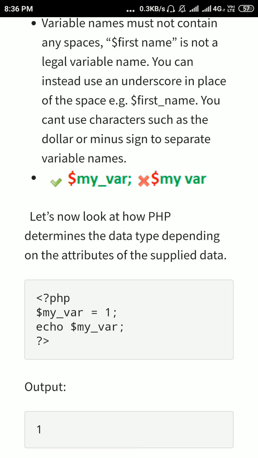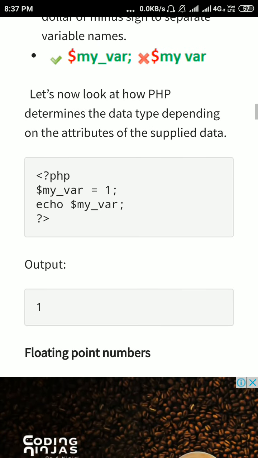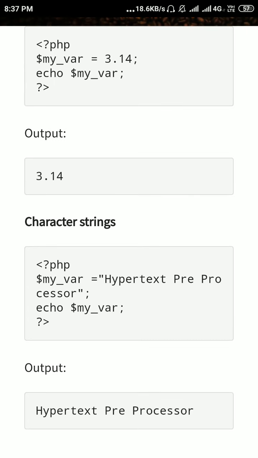Let's now look at how PHP determines the data type depending on the attributes of the supplied data. Like if I have written myvar is equal to 1, then it has the functionality to understand it's a numeric value, so it is an integer type and it prints the value 1. If we write a floating value, let's print the floating value.